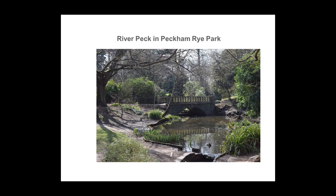still is today. The modern Southwark Lewisham boundary follows the line of the River Peck all the way to the Thames. Beyond the park there's a huge reservoir which was built in 1909, and Walter de la Mare played on the banks of the reservoir when he was a boy. To Peckham Rye Park, local volunteers who look after the park uncovered the Peck at this point, and